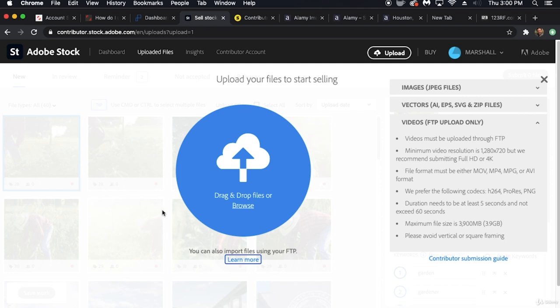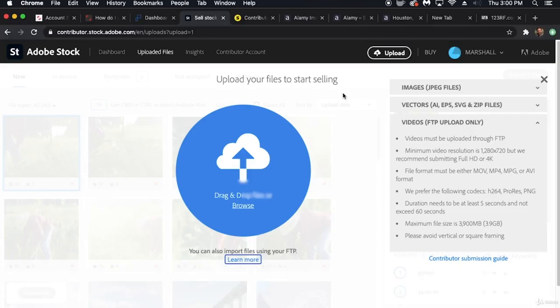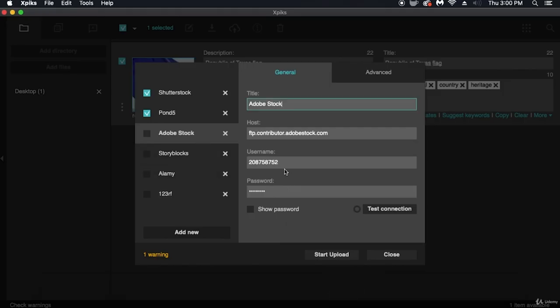It's images and videos. So both of those there. So once you get to here, you can import more files using your FTP. You want to learn more, and boom, there's the host, the ID, and the password there. So once you get all that information, you come back here, type all that in, and you test the connection. Beautiful, it's working. Like I said, skipping story blocks for the moment,